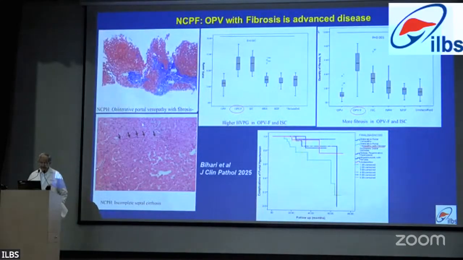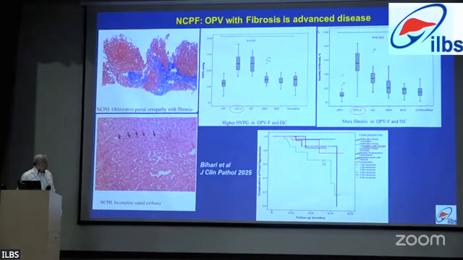So here you will have patients who have obliterative portovenopathy, but they have significant fibrosis, while others have normal or near normal HVPG, just simple obliterative portovenopathy, classical NCPF. But if you have fibrosis around, the portal pressures increase. And then the clinical outcome in these patients is also different. Here you have venopathy with fibrosis, and here you have OPV.